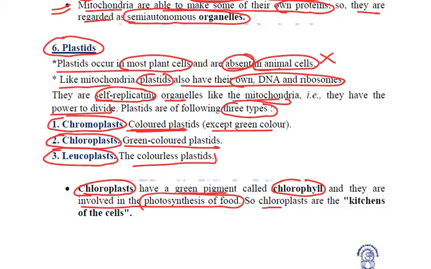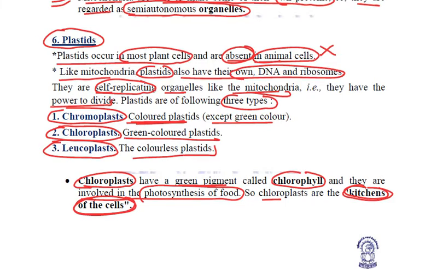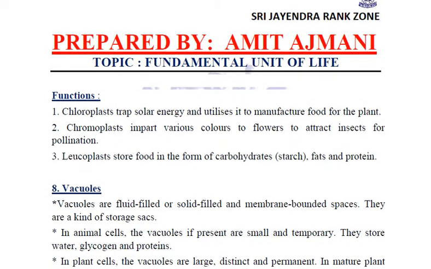Therefore chloroplasts are also called the kitchen of the cells. Got it? For 1 mark questions, these are all the MCQ style questions that you will get. Which cell organelle is called the kitchen of the cells? Which cell organelle is called the digestive bags? Which cell organelle is called the suicidal bags or the scavengers? Right? Which cell organelle is called the factory of ribosomes? These all are important for you to learn, to remember. Clear? So kitchen of the cells, chloroplasts.